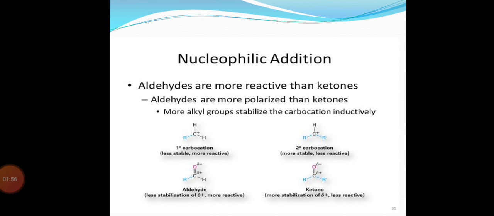To check the reactivity of aldehyde and a ketone, it is very necessary to understand the actual stability of the carbonium ion. See, in the primary carbonium ion, one R, which is present in a blue color, is present for the support of the carbonium ion, but its support is not enough, because on the other side of the carbonium ion is a hydrogen, and hydrogen is not supportive in the hyperconjugation towards a carbon. So primary carbonium ions are less stable and more reactive.